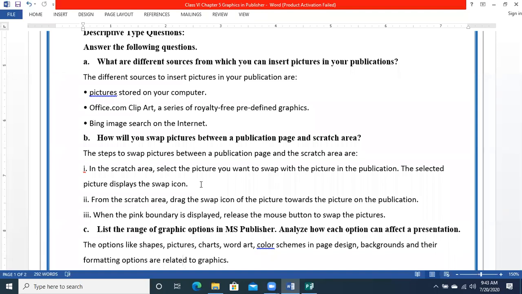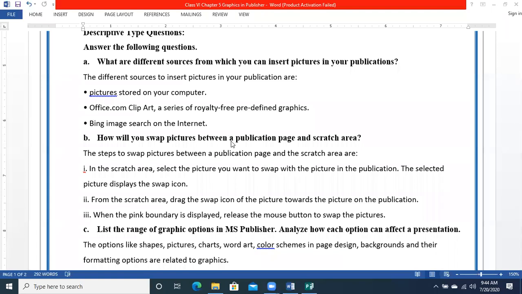You can search from the internet, you can bring from your computer any scanned image that you have got from the camera and stored in your PC, or from clipart, meaning stored pictures inside Microsoft Publisher's documents. So these are the three options using which you can insert pictures.